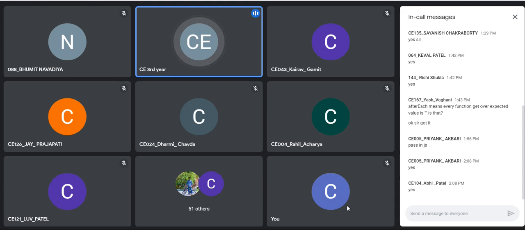I will share the slide onto the Google Classroom so that you can directly copy paste the code and verify how it works, and then apply it to your component classes or any other code.